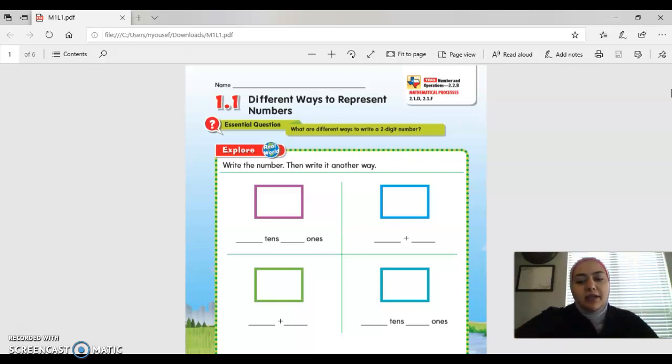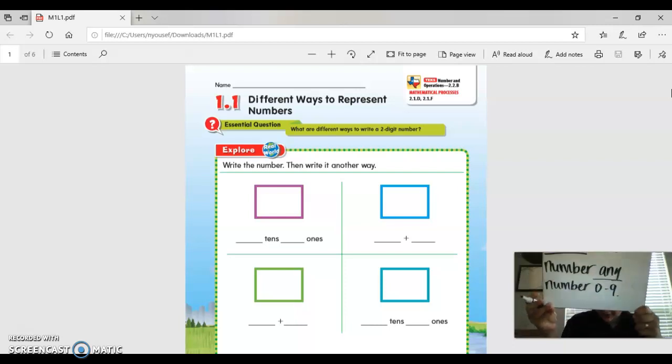Remember what I taught you yesterday about the ones and the tens place? So two-digit numbers have a ones and a tens place. So hold on. What's a digit? Oh, what's a digit? A digit is one number, any number, zero through 9. So I need you to take out your math notebook and I need you to write this